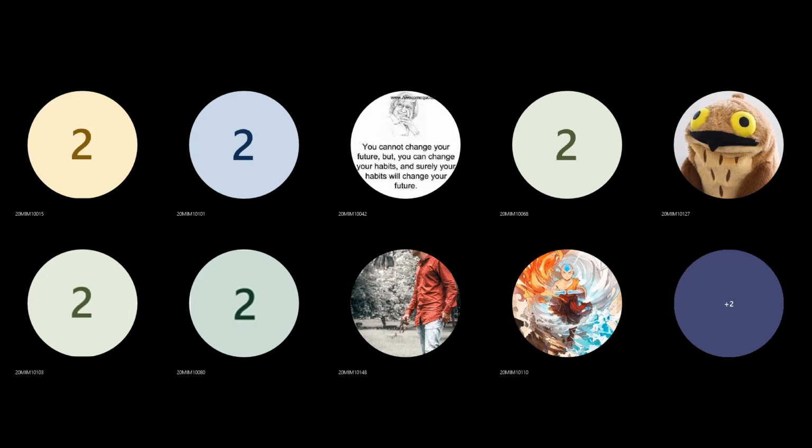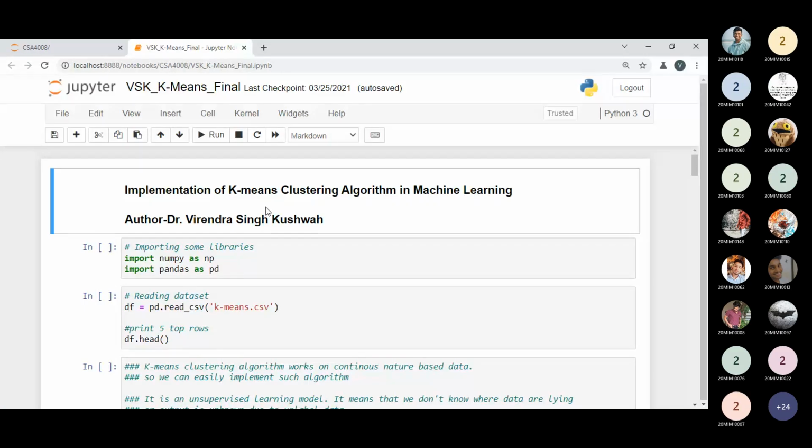We have a practical part of the k-means clustering algorithm in machine learning. So what is meant by the k-means algorithm, and how do we solve a problem based on it? The practical part will also depict everything in front of you so you can see the entire detail. Step by step, we will see what we can get from the practical as well.